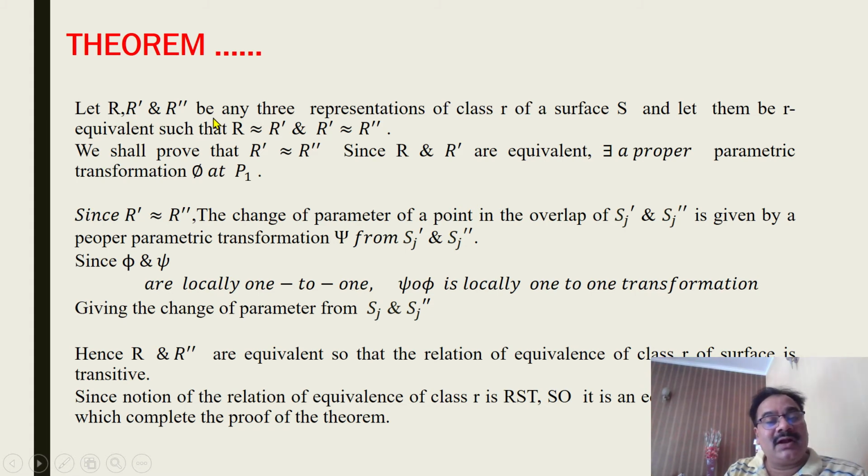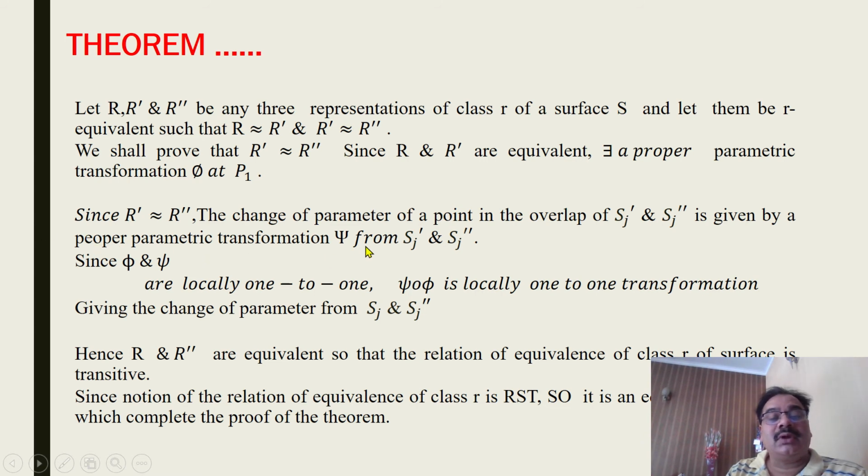let R, R dash and R double dash be any three representations of class R of a surface, and let them be R equivalent such that R is equivalent to R dash and R dash is equivalent to R double dash. We shall prove that R dash is equivalent to R double dash. Since R and R dash are equivalent, there exists a proper parametric transformation phi at P. Since R dash is equivalent to R double dash, the change of parameter of a point in the overlap of Sj dash and Sj double dash is given by a proper parametric transformation